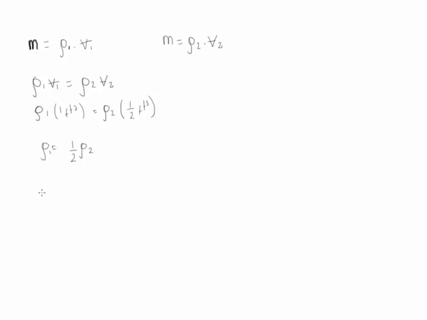We already know, using an isentropic process, that pressure 1 divided by pressure 2 is equal to density 1 to the power of K divided by density 2 to the power of K. We know density 1 is half of density 2, so density 2 cancels, and this is equal to the ratio to the K power. So P1 divided by P2 is going to be 1/2